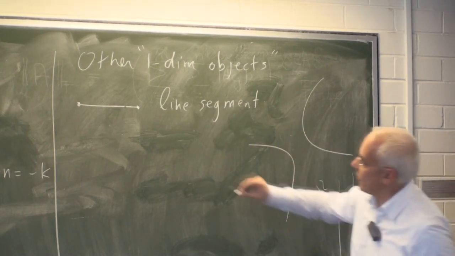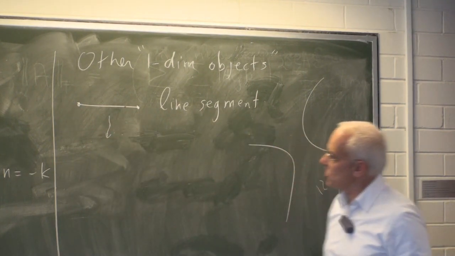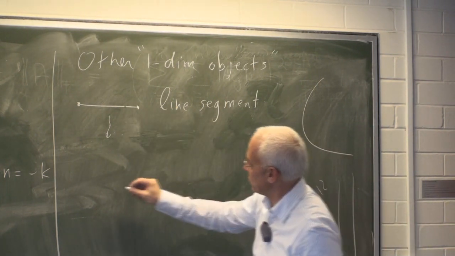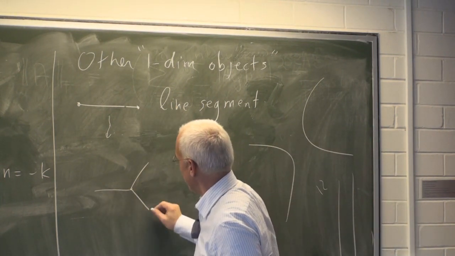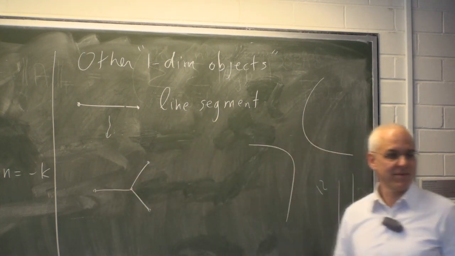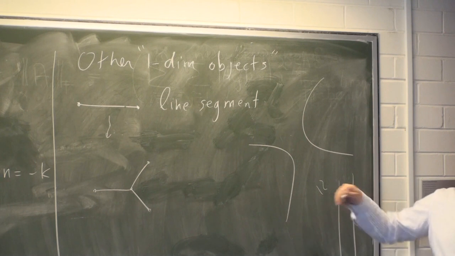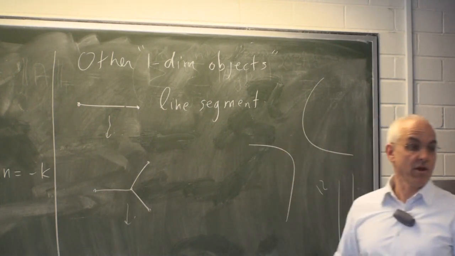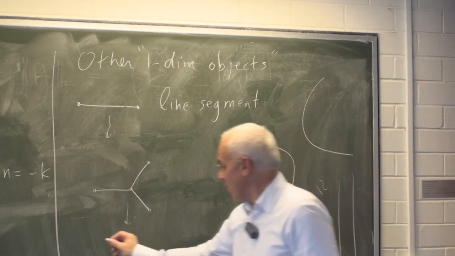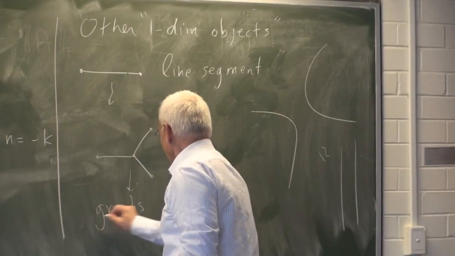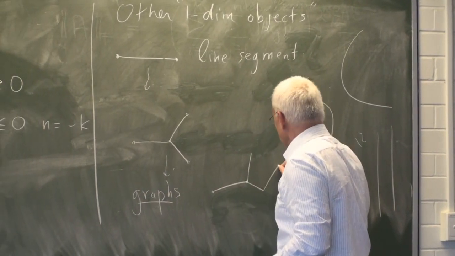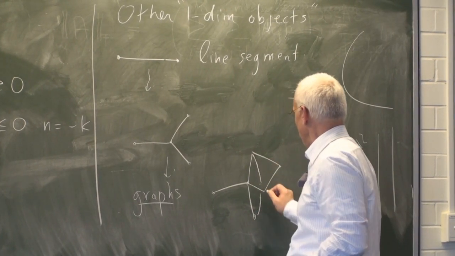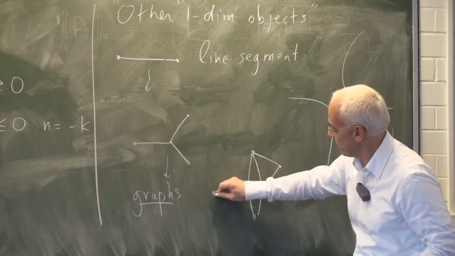So the line segment generalizes a little bit more generally. We could think about not just a strange point with half a dimension or something like that, but we could also think about maybe something like this. It's also more or less one-dimensional except for some odd points. And then it's not too much of a step to say, well, why don't we just consider arbitrary graphs? Graphs are examples of things which are, okay, more or less one-dimensional with nodes and edges.